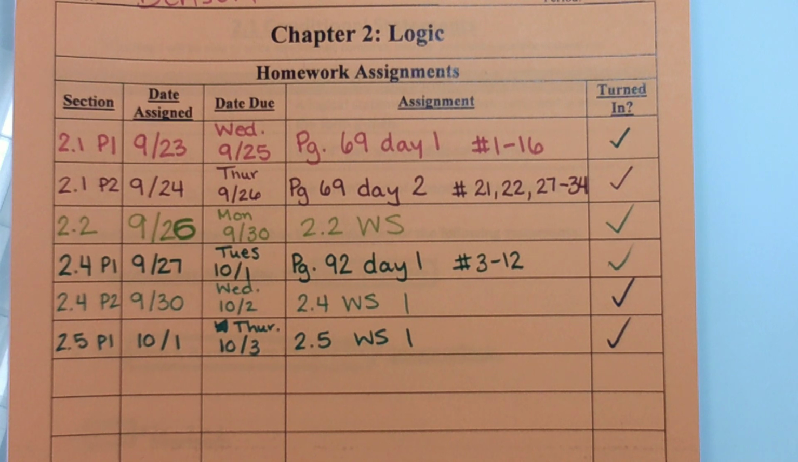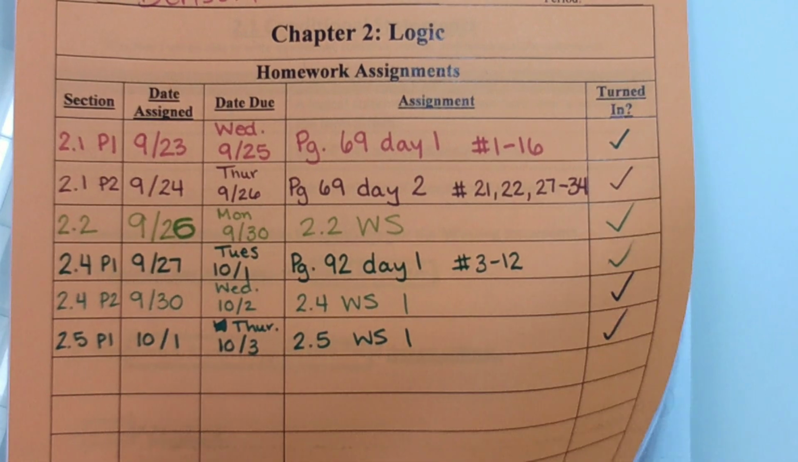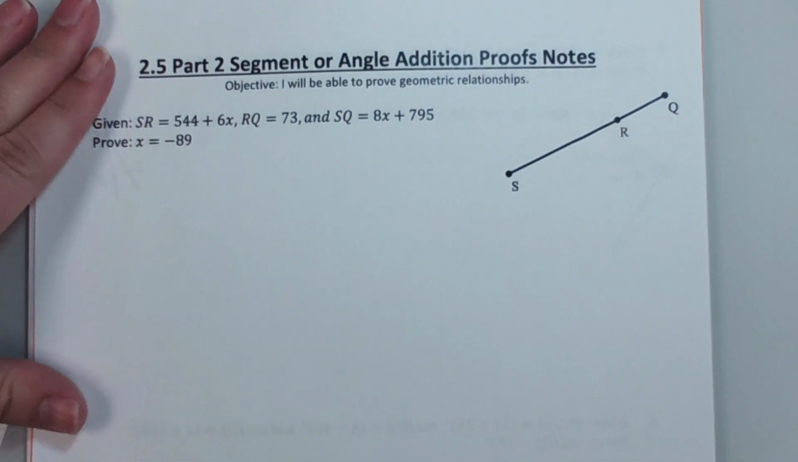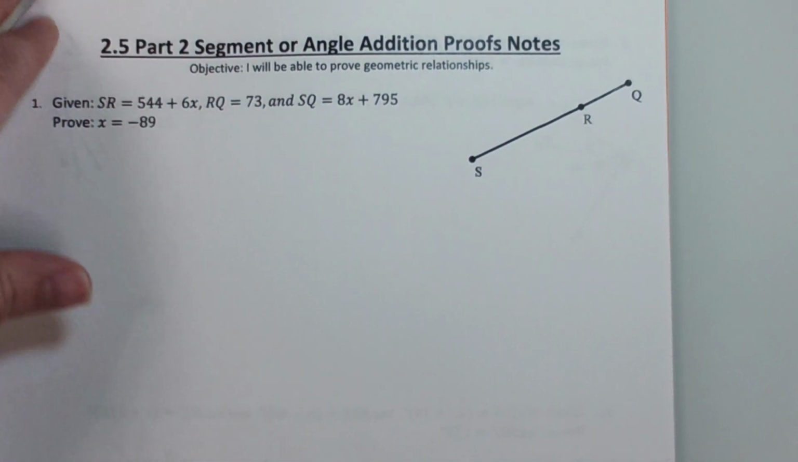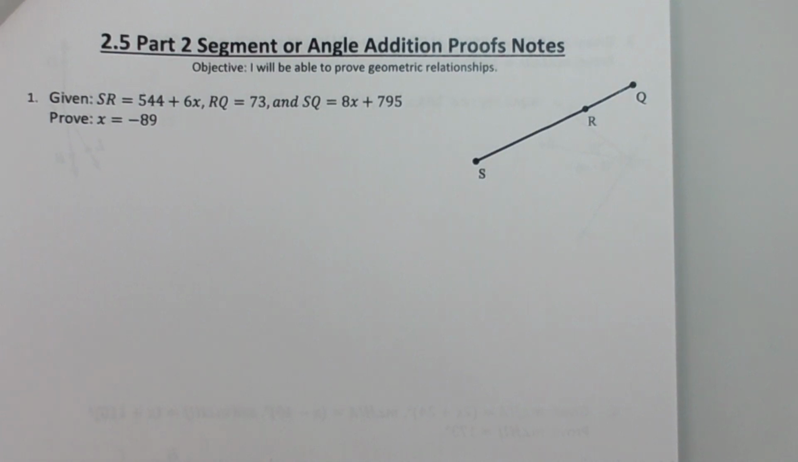To the second half of 2.5. So 2.5 is when we started really getting into our proofs. Today we're going to be on page 15 to begin. Now the first proof on here is actually a type of proof we've already done. I started off with one that's more about that 2.5 part 1 because of the fact that the